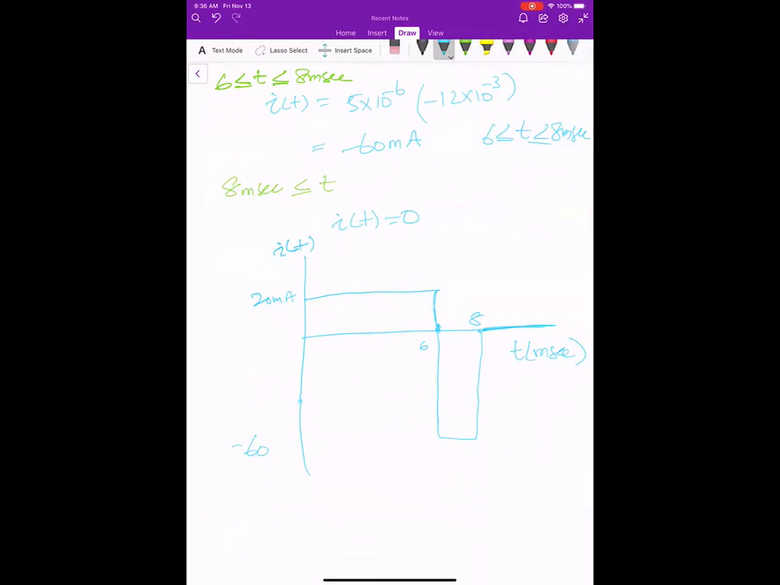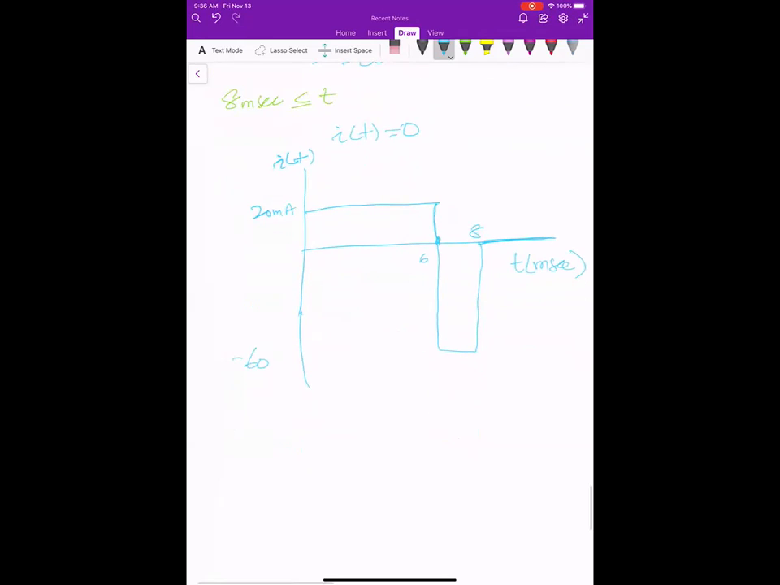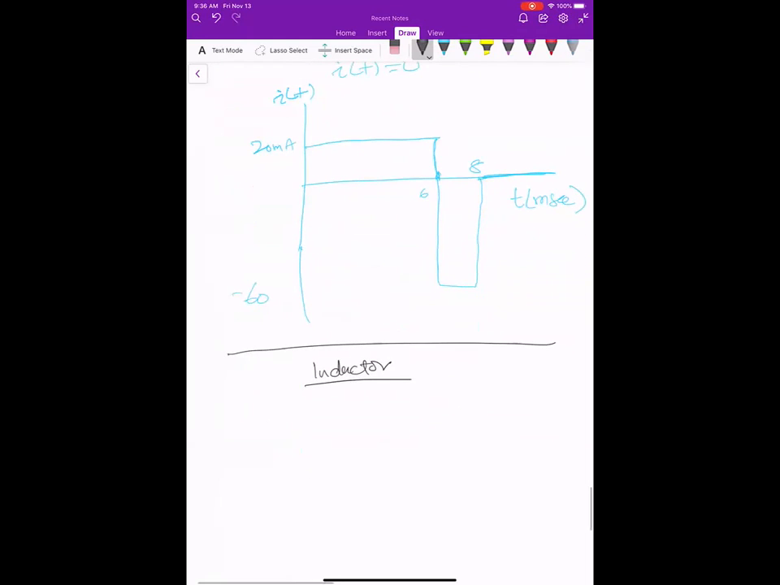Now we want to see what we have learned about the capacitor, and we want to see about the inductor. So we can see that too. What is an inductor? An inductor is a circuit element